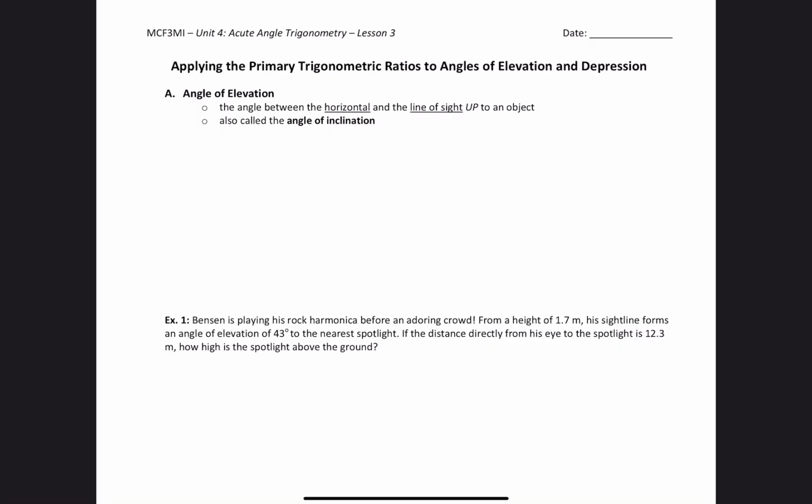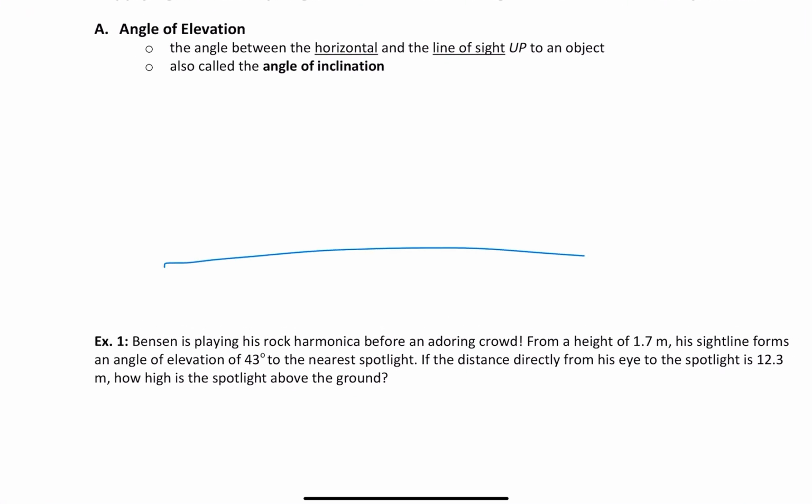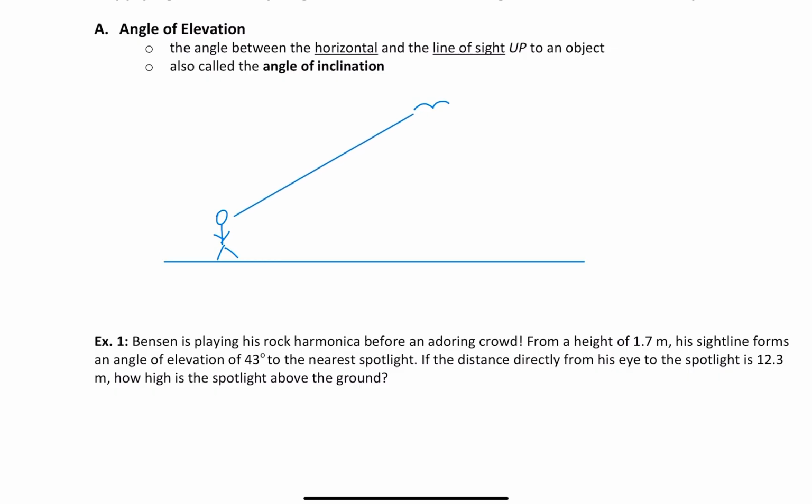So let's say, for example, you are walking. This is you. And you see a bird in the sky. And that is a bird in the sky. And you look up at that bird. If you look up at that bird, this is your line of sight, right? And your things that are at eye level are here to you, right? And then you actually notice that we see